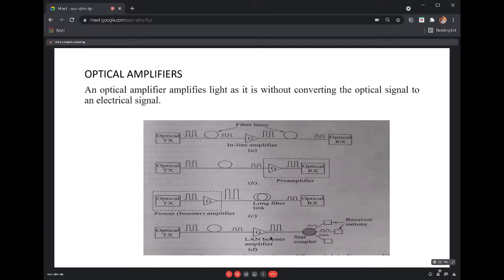So here many closely spaced wavelength channels are being transported. Okay, and whatever amplifier we select should have a wide spectral response range, and we need to rely much on it. That means it should be a highly reliable one. Okay, that is one thing. And in between, a few wavelengths can be either added or dropped based upon the requirement. So that option should also be there.